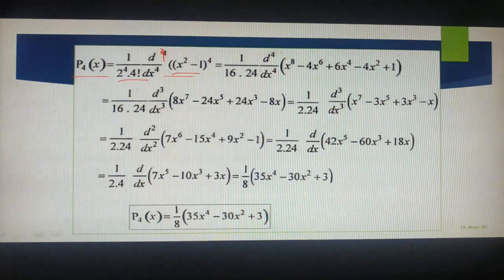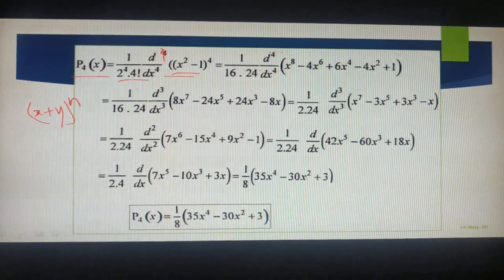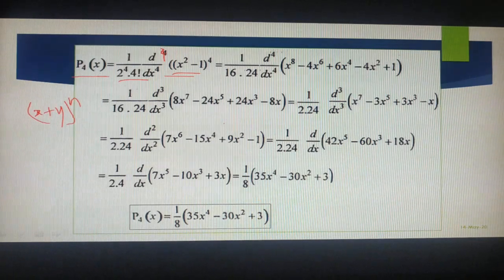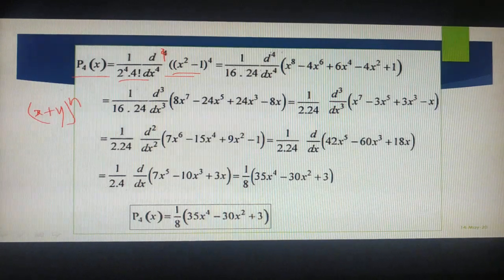Okay, so it's something like (a plus b) to the power of n, or (x plus y) to the power of n. So the binomial expansion for this is nC0 x to the power of n plus nC1 x to the power of n minus 1 y to the power of 1 plus nC2, like that it will continue. So here in place of n we have 4, so the Pascal coefficients are 1, 4, 6, 4, 1 with alternate minus signs. Why did we get alternate minus? Because here x minus y is there, isn't it?